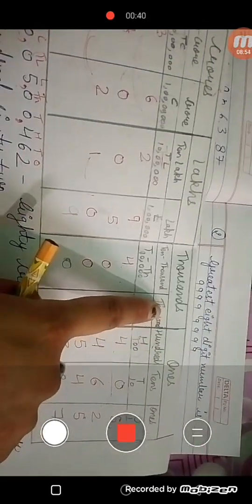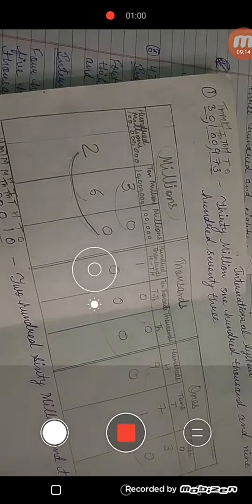9 is already written. Then how do we pronounce that? 9 lakh 0, so we have to ignore this. 9 lakh 6,387. We will pronounce it 9 lakh 6,387 in the Indian system. Now I will write down this into the international place value system.